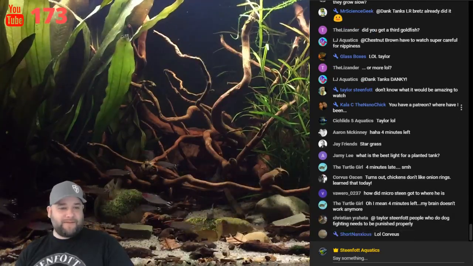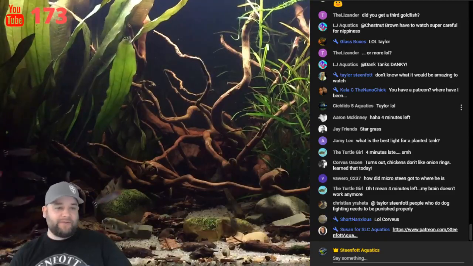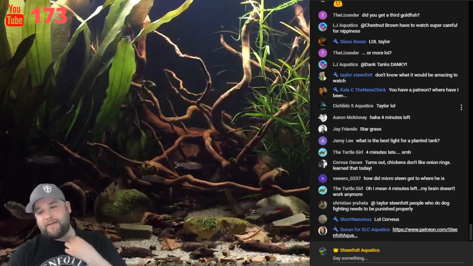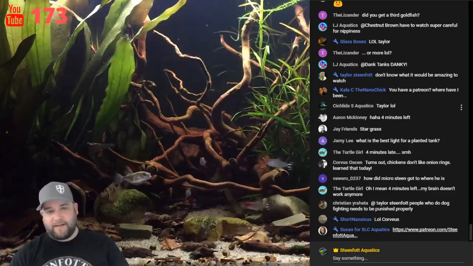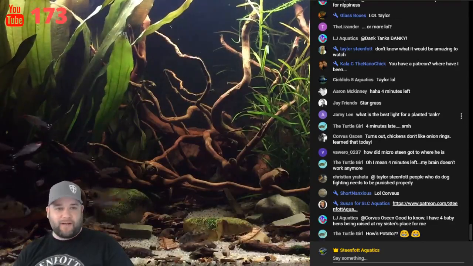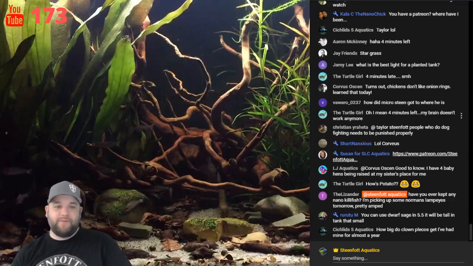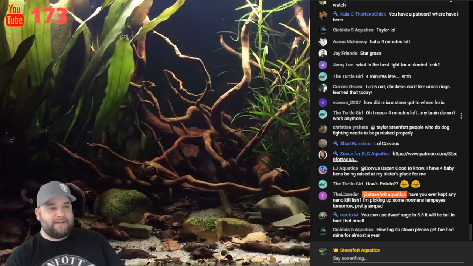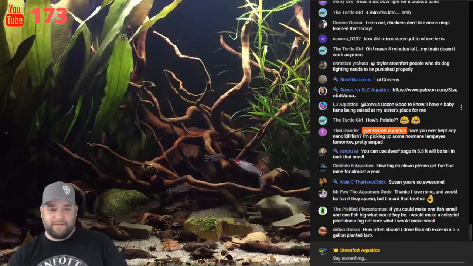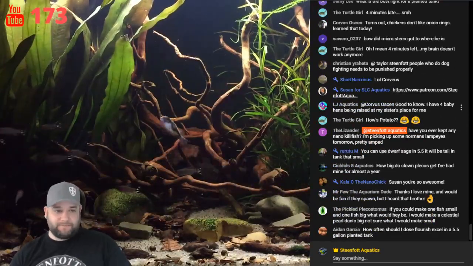How did Micro Steen get to where he is? I'm guessing through my water change hose. It's the only thing I can think of. Well, actually, the weird thing is that tank used to have all my yellow labs and cichlid growouts, but I emptied it to literally like a 1/4 inch of water so I can move it, and then I left it sitting in the garage for about 2 weeks. So if he lived through that, that's the only other thing I can think of. But that would be pretty awesome.